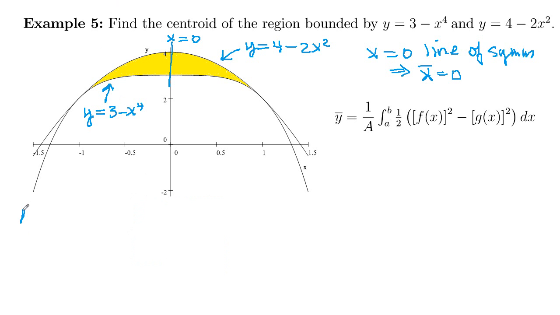So our area here is going to be the integral. Well, we actually can find half the area, right? And then we can double it. So we can find the integral from 0, and it looks like the intersection point out here is at 1. And the way that you can double check that is by setting these guys equal to each other. So if you set 3 minus x to the fourth equal to 4 minus 2x squared,